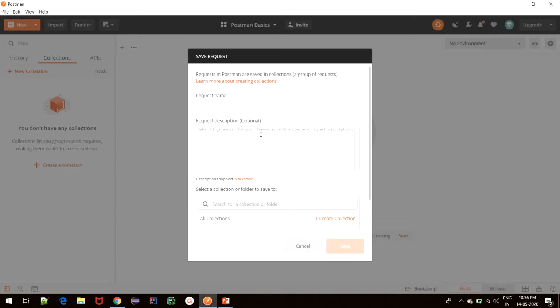So since we are going to use the Bookstore Books API in this example, I'll just name it as Get Books API, and we can also provide an optional description which will make it easy to understand the request. So I'll just write API to get books from bookstore.